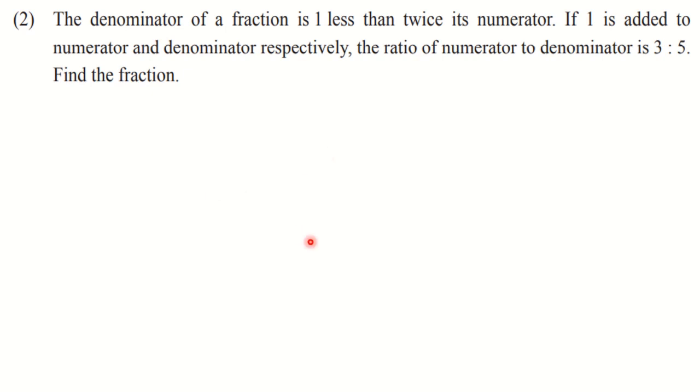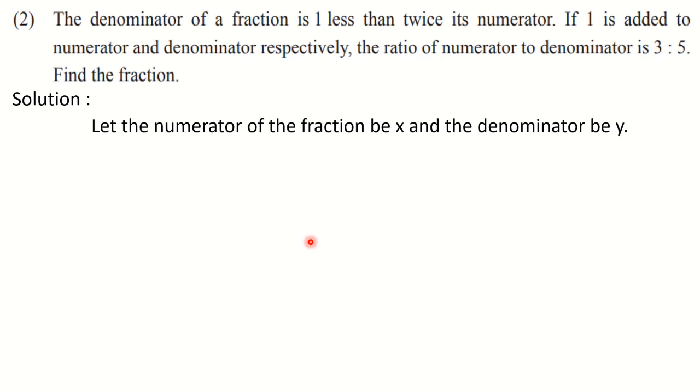Okay. So our first statement is assigning the variables to the quantities which are here numerator and denominator. So what we are going to write? Let the numerator of the fraction be x and the denominator be y. Now from this we can write down the required fraction as x upon y, which we want to find. Okay, we have to find out this fraction. So for that we have to find the value of x and the value of y. Then we can write down the fraction. Okay, so let us make use of the conditions.